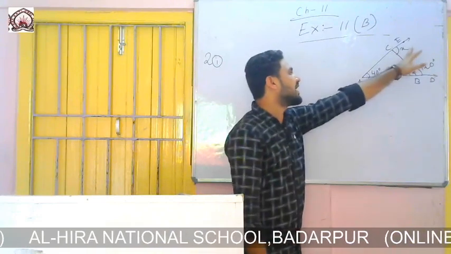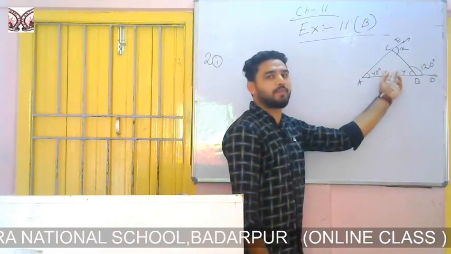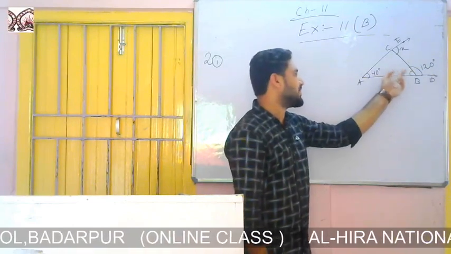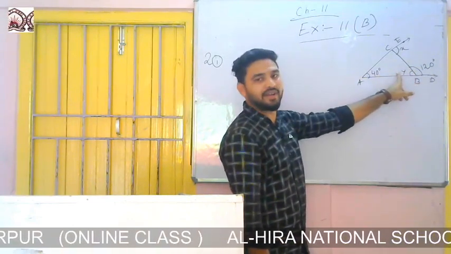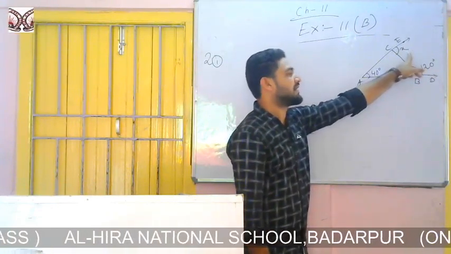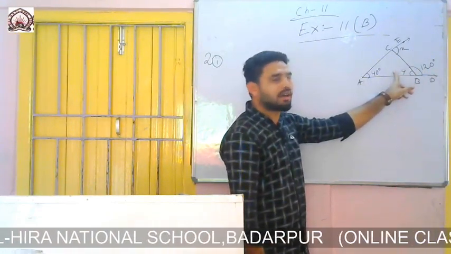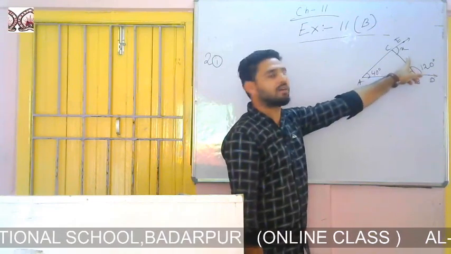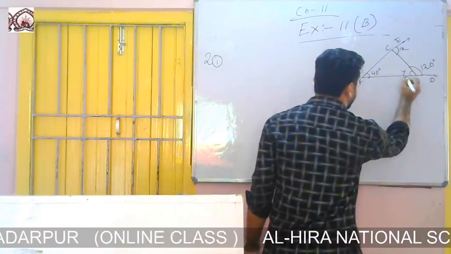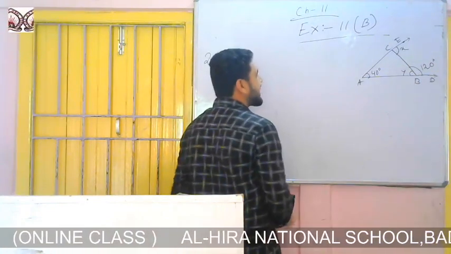But to find angle X, we need the measure of the two interior opposite angles, but you see, Y is not given. So first of all, if we want to find angle X, then before that we have to find angle Y, otherwise we cannot find angle X. So for that reason, how to find Y? You see, we can find angle Y